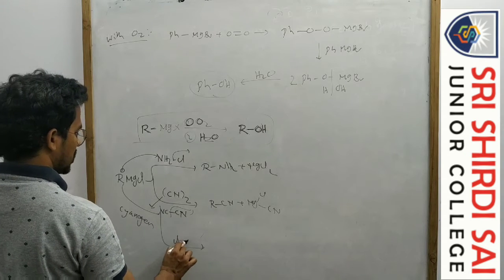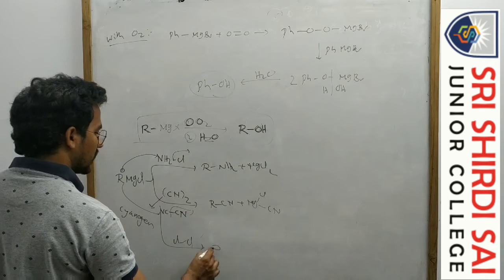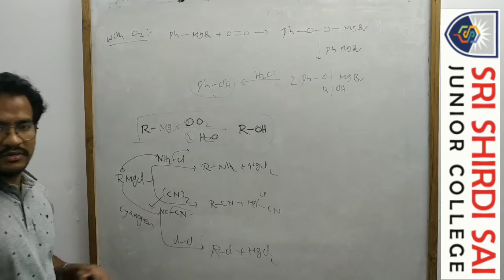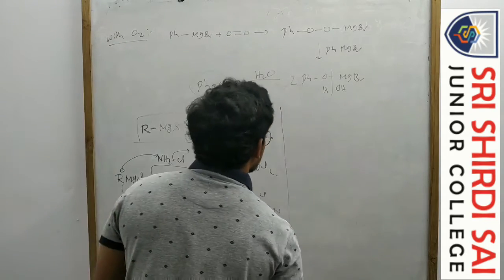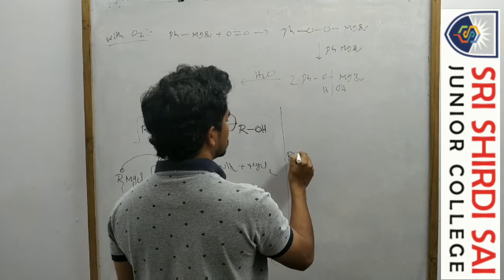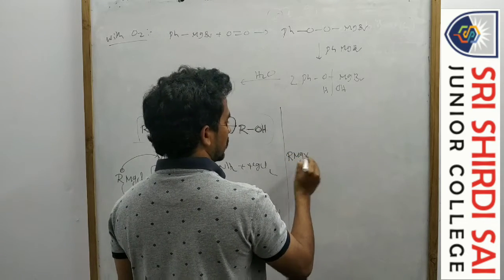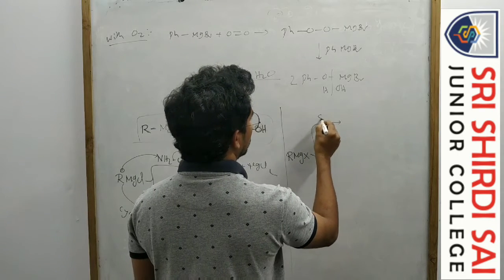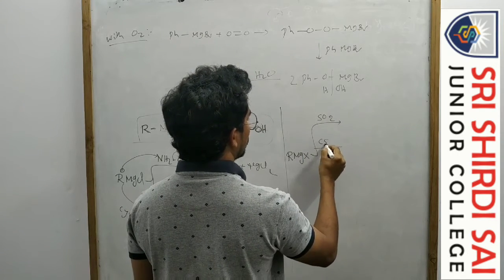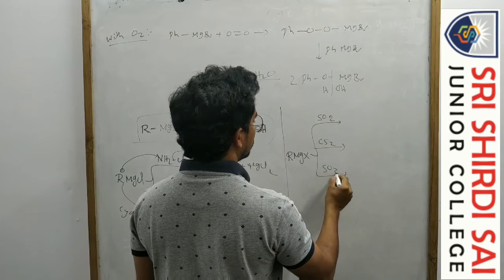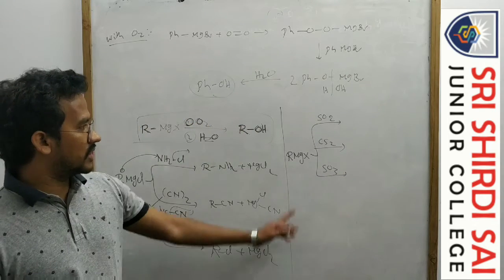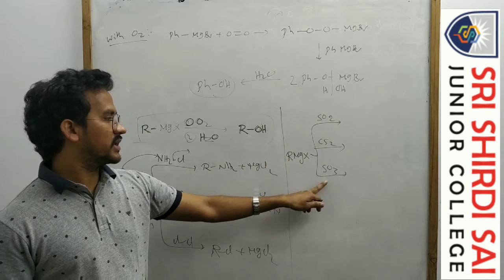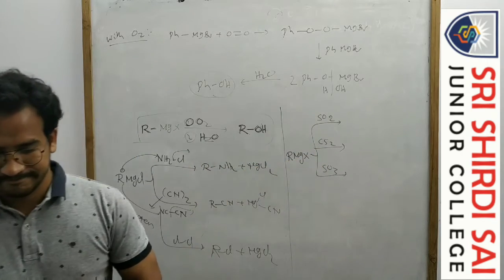For example, here, treating this one with Cl2, we will get RCl plus MgCl. Okay? All the other simple cases. Now here, try yourself. Already we discussed the reaction with CO2. So now write the reactions with SO2, with carbon disulfide, and with SO3. That's it. Okay? Reactions with SO2 and CS2 are similar to CO2. Try yourself.